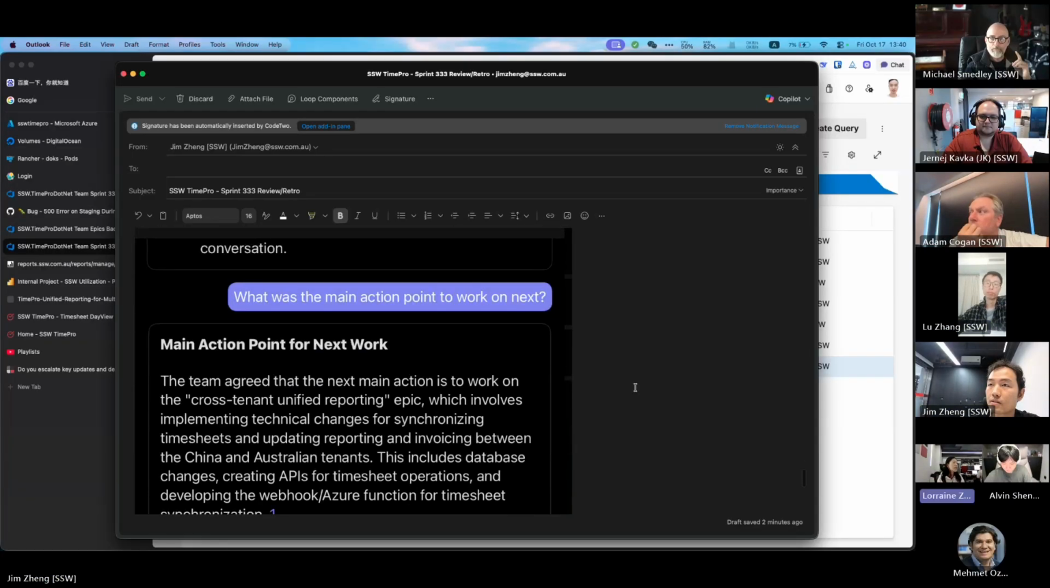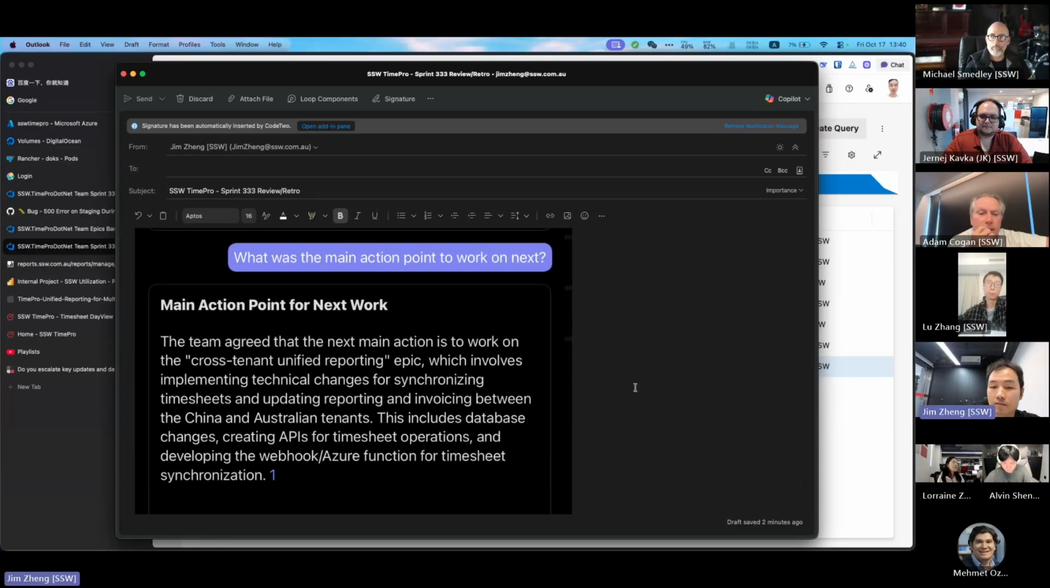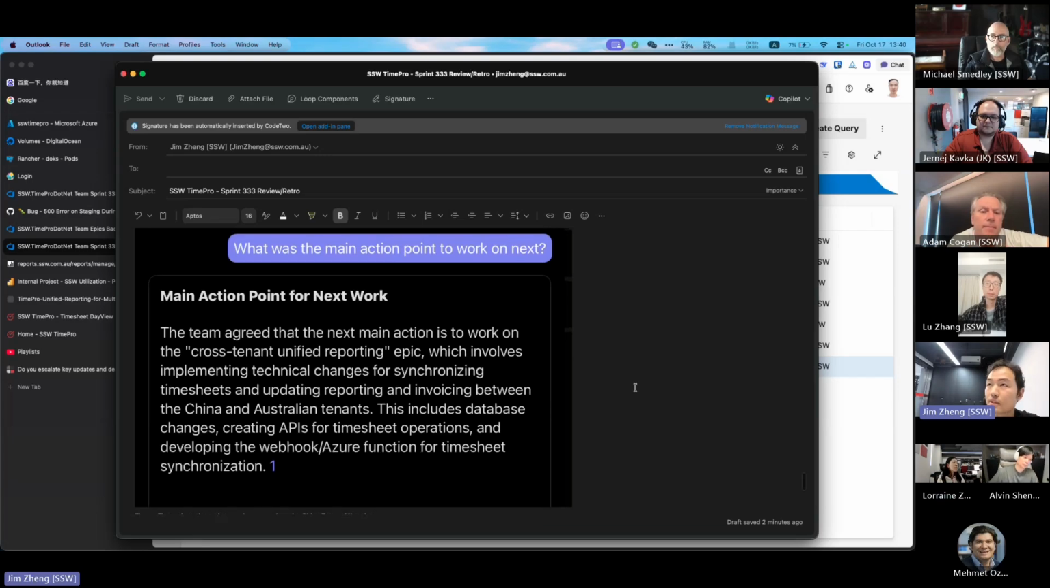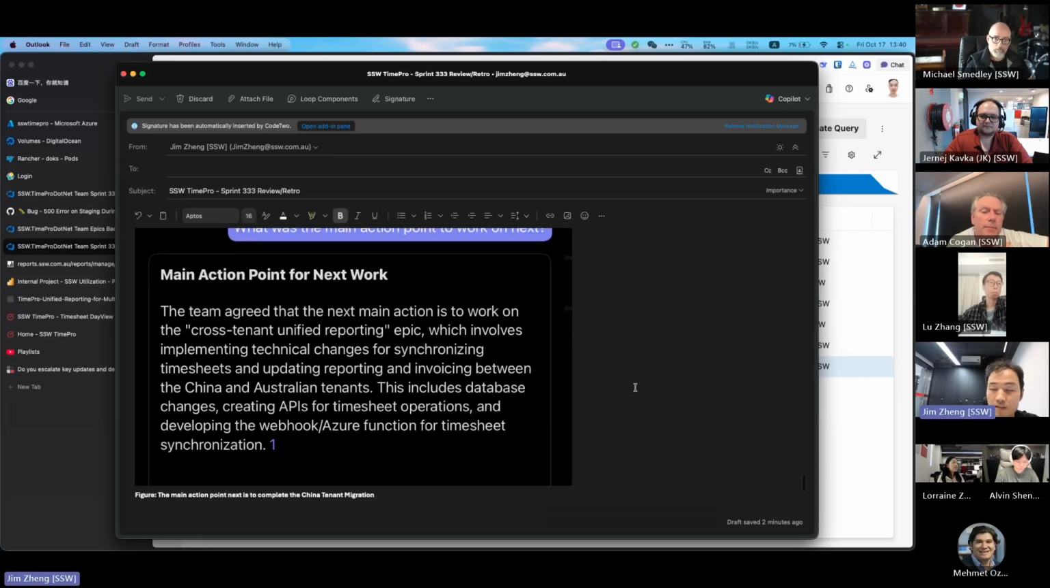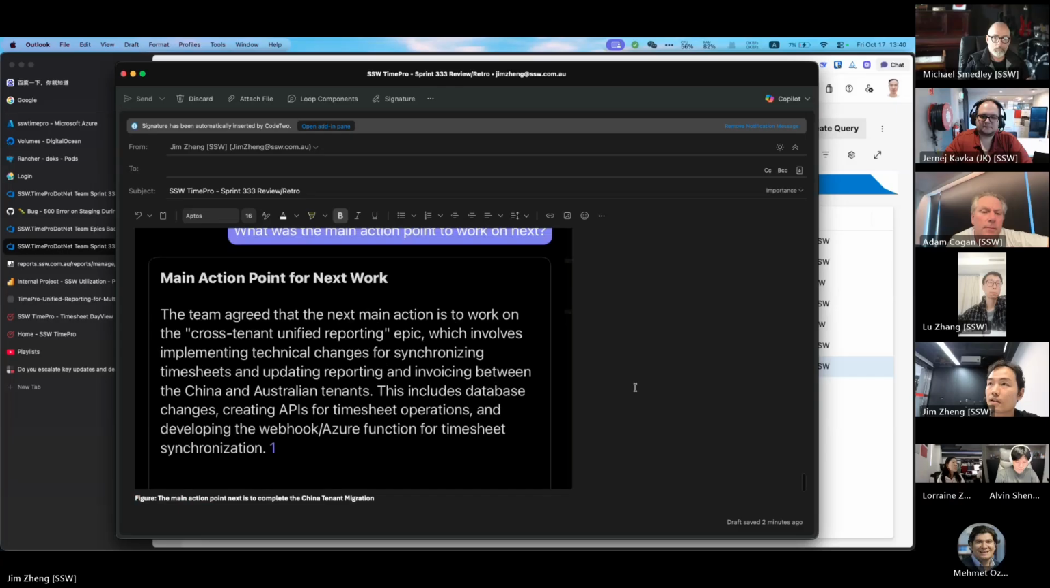Great. And this is the main action point to work on next. Yeah. So Copilot summarized this for us, and we agree that the main action is to work on the cross-tenant unified reporting. As Jim mentioned earlier, this is our next epic, and I think it's right because Lou also mentioned